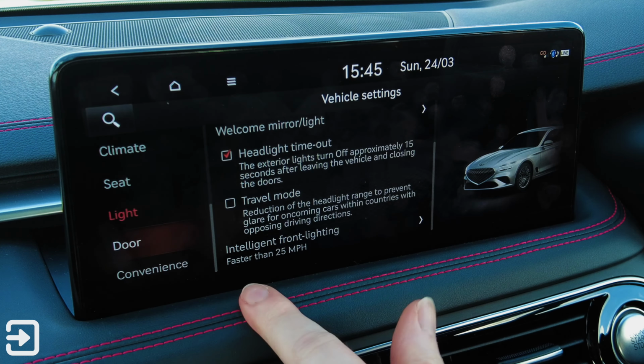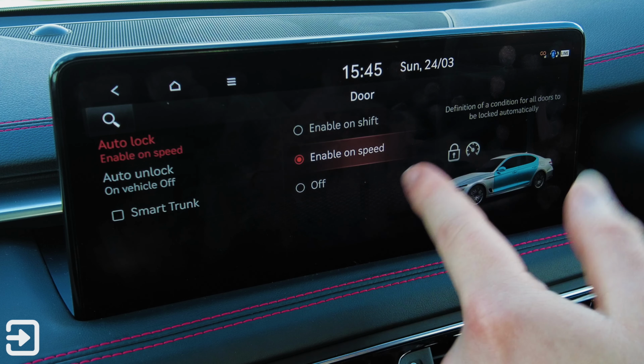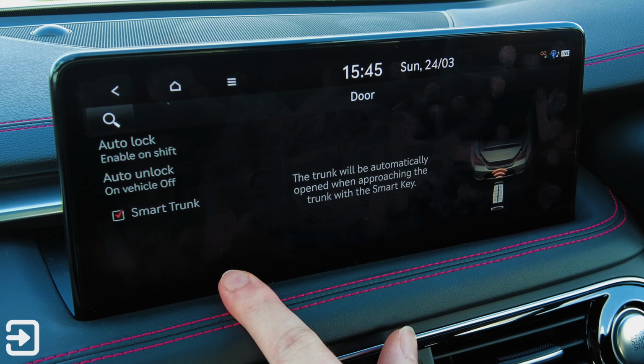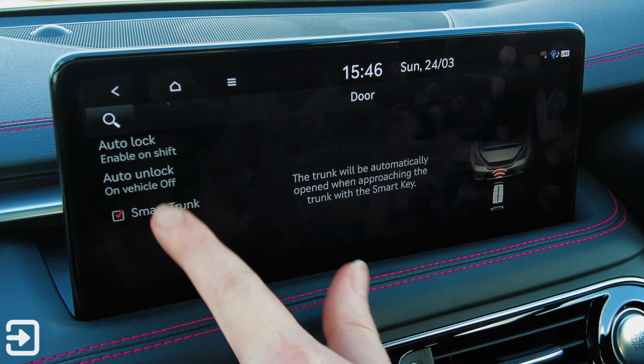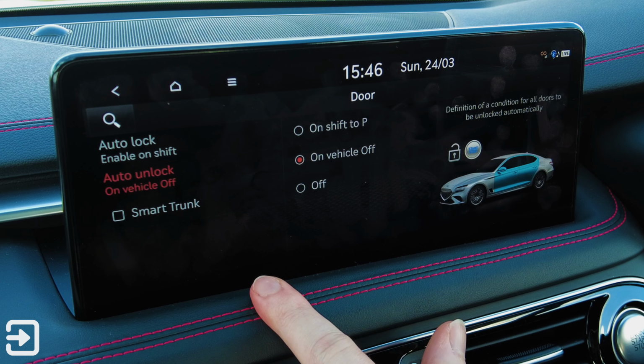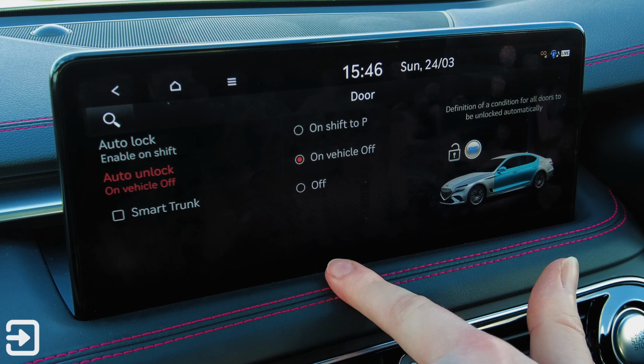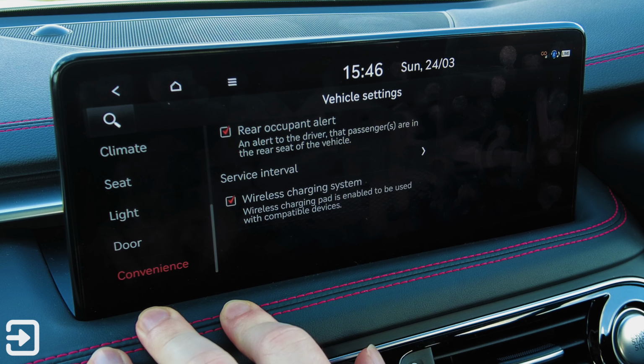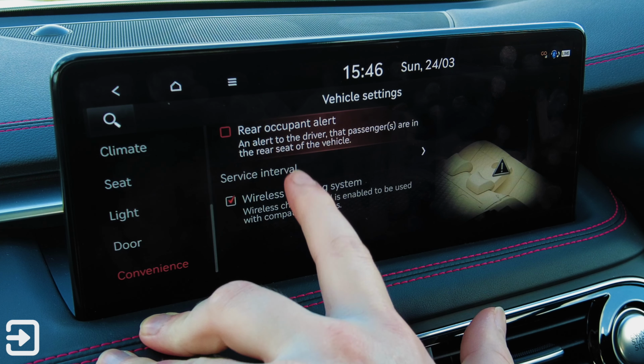You've got door as well, so you've got auto lock enable on speed, so enable on shift or enable on speed, so that's above a certain speed. You've got smart trunk, whatever feature those. The trunk will automatically open when approaching the trunk with a smart key to turn that off. Auto unlock on vehicle off or shift to P, so that's quite good. Then lastly, we've got convenience, so rear occupant alert to the driver that passengers are in the seat of the